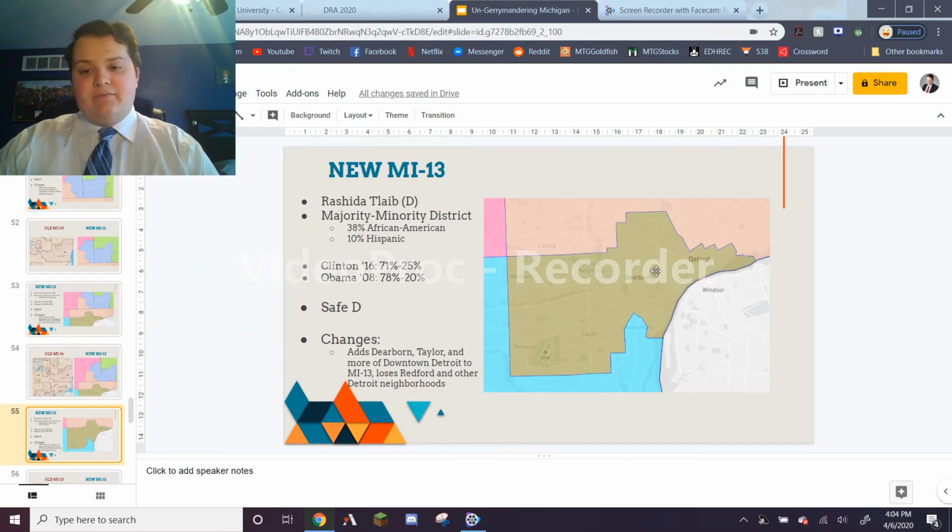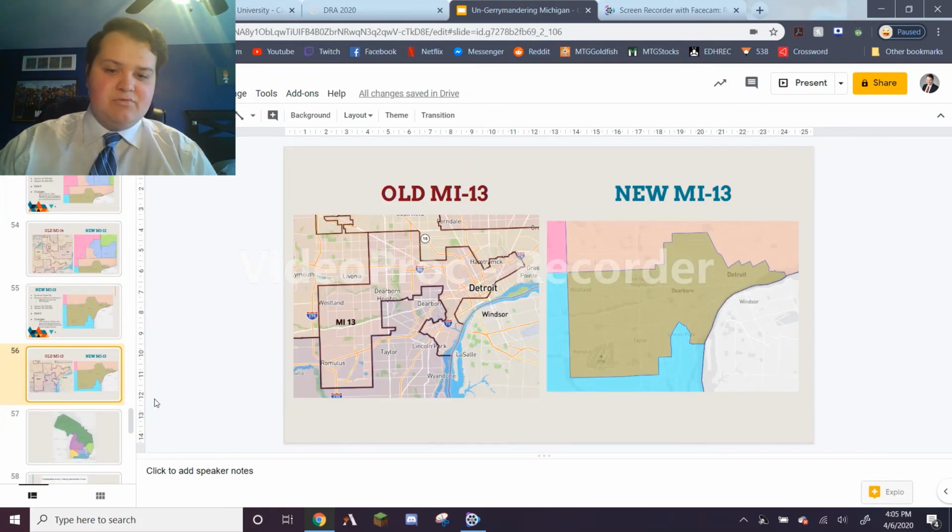So that would be a good way for their voices to be represented, in addition to other parts of Wayne County as well. Another very strongly Democratic district. This is 71% to 25% for Hillary Clinton. And it adds Dearborn and Taylor, which used to be in the 12th district, to the 13th district, and it gets rid of Redford and a few other Detroit neighborhoods that really complicate the shape of this district. So you can see overall the architecture is actually fairly similar. It's not a horrible way to design the district, but certainly some of the stylistic choices that they made within are very poor. Make that a lot simpler and make this district more cohesive as a whole.